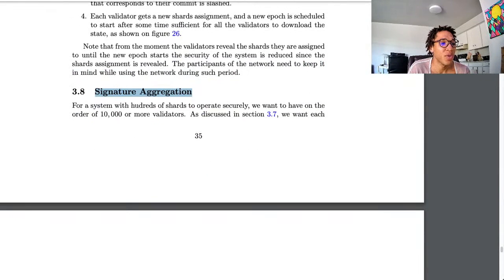Signature aggregation. For a system with hundreds of shards to operate securely, we want to have on the order of